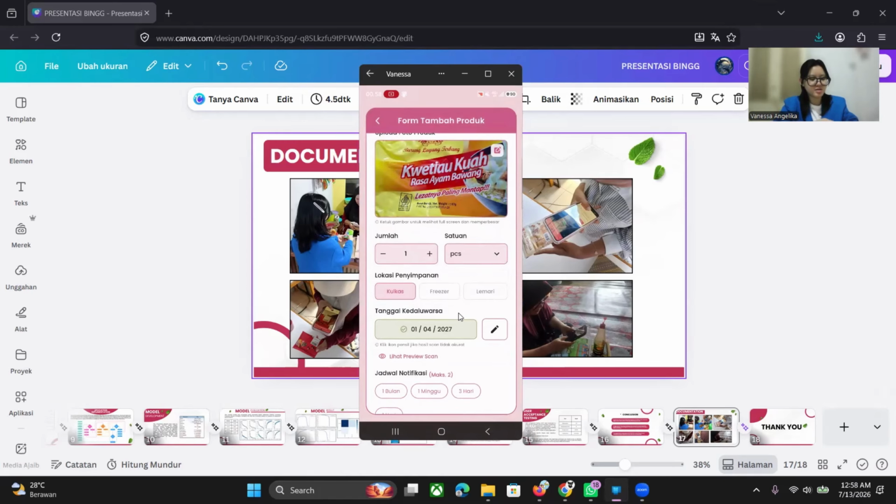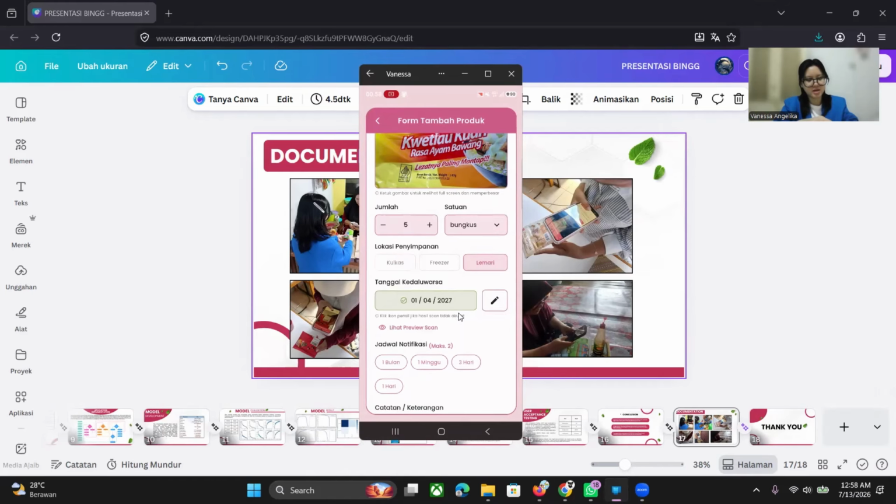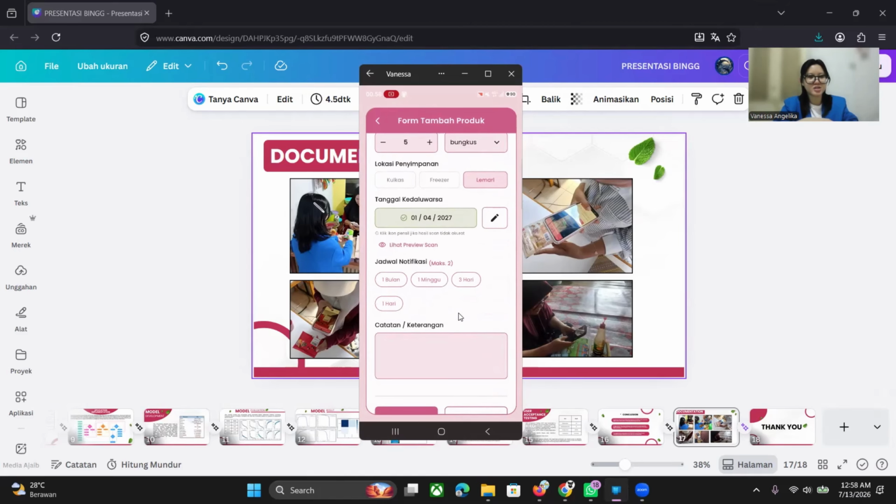And then the quantity, for example, is 5, and then the unit is bungkus, and then we store it in lemari. And then for the notification, the notify management, we can choose three days before the expired date, or